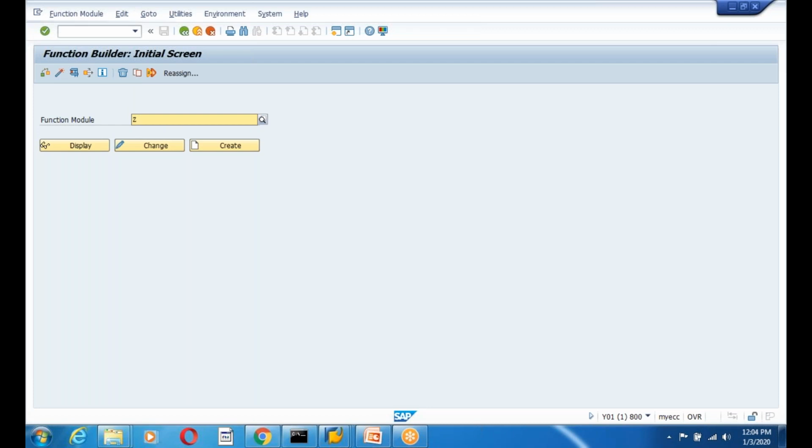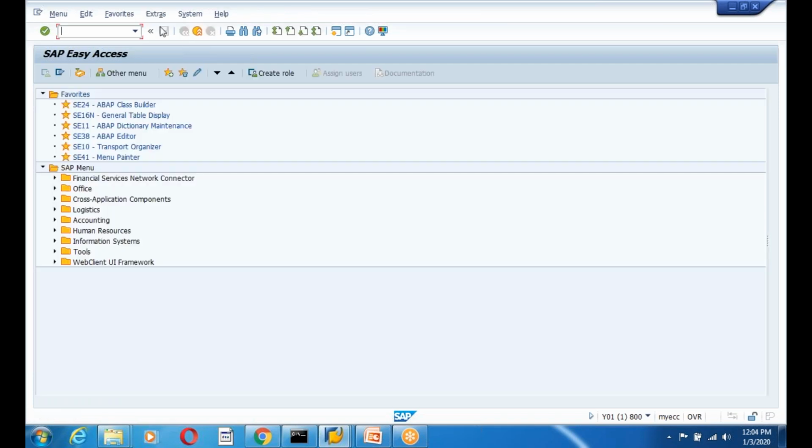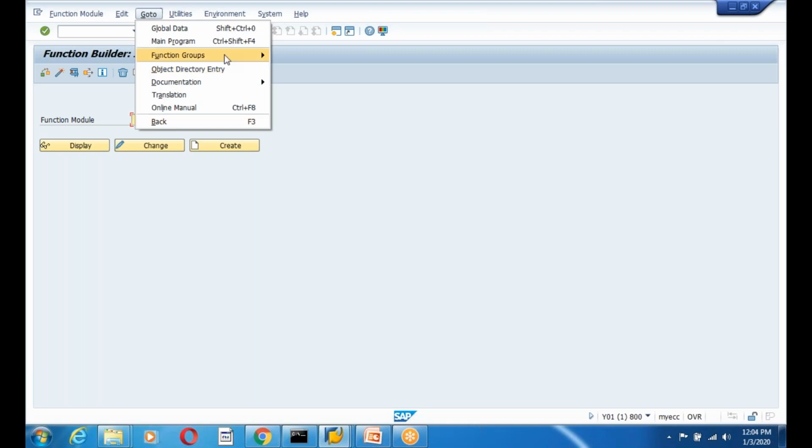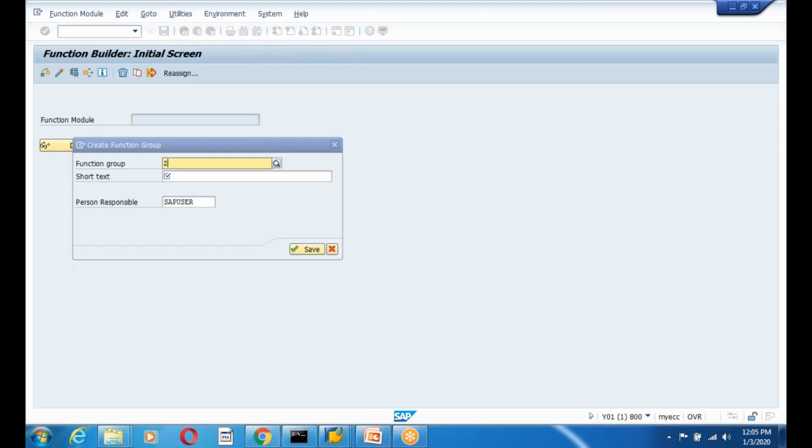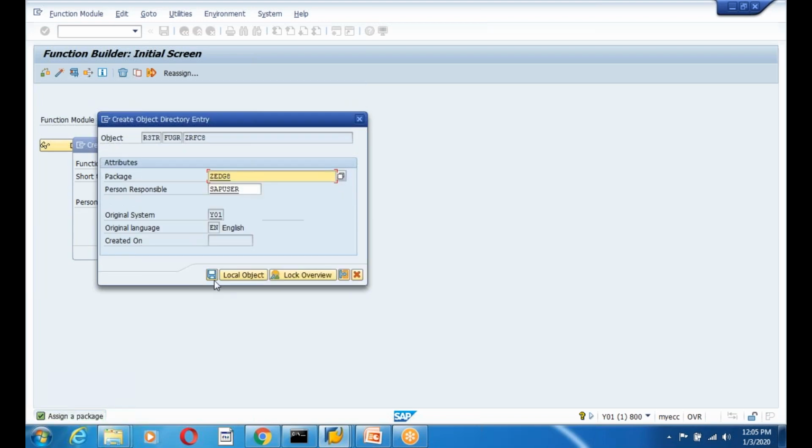Okay, first we are going to build a function module. But if you want to build a function module, what is the must? Yeah, you need to create a function group first. SE37, go to function groups and create the function group, GEDG8, and it's an RFC. Okay, RFC 8. This is my function module. It's an RFC function group. I'm going to create a function group for the function module and save this in the package, and